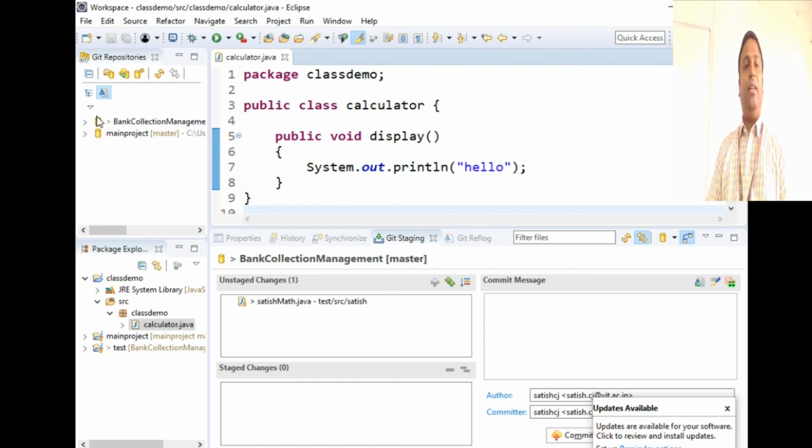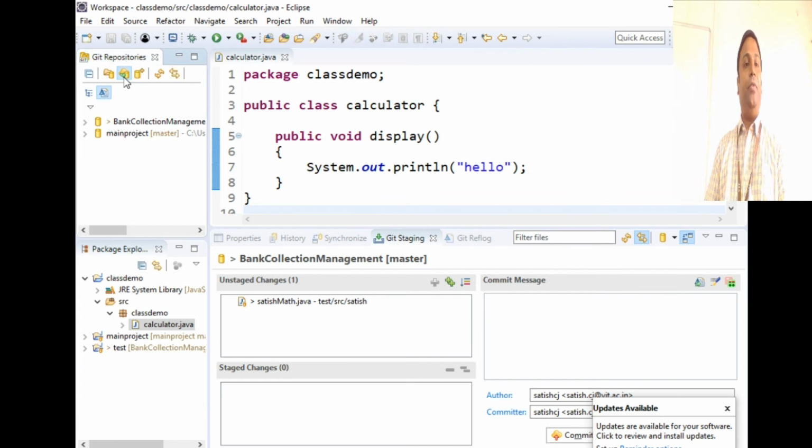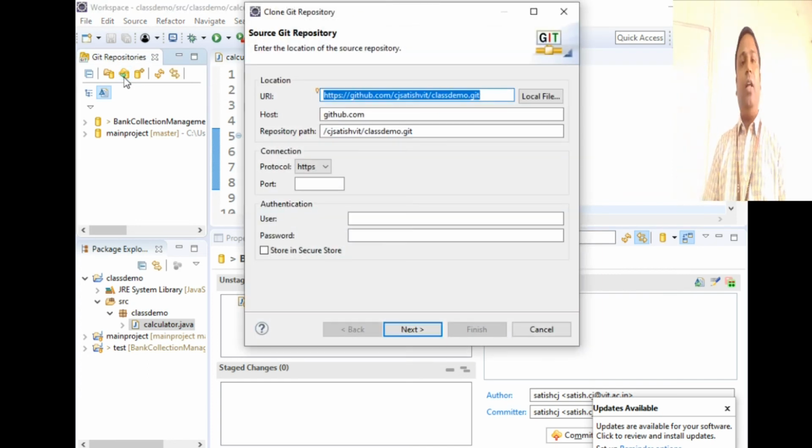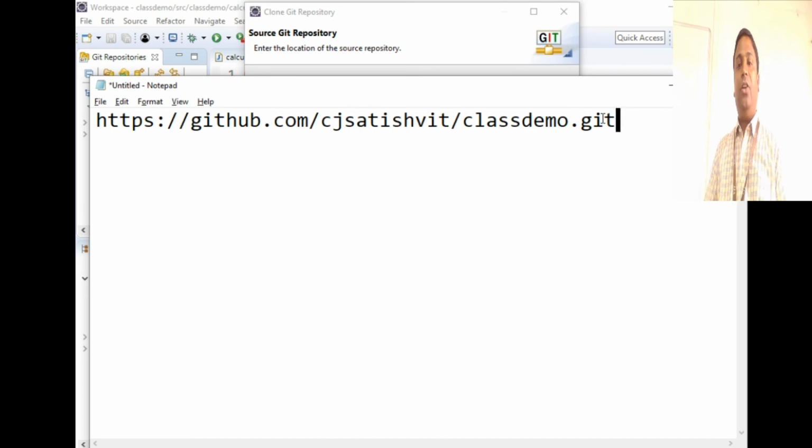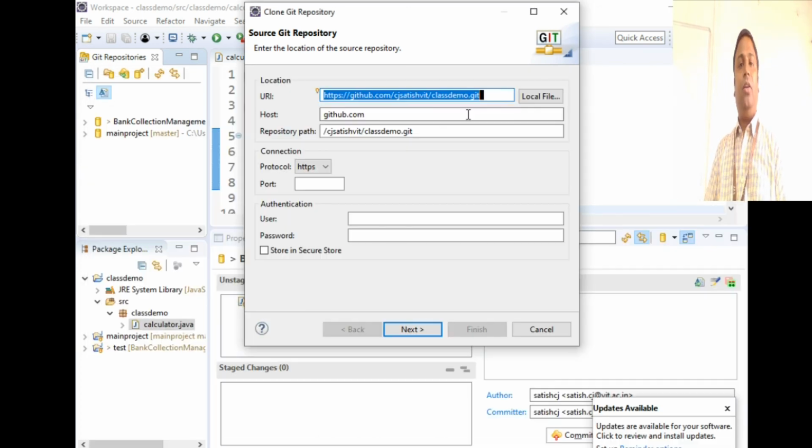So you're going to get all the Git repositories. This window will pop up. And then what you have to do is click on clone a Git repository. So you're going to clone it, like you're going to connect to the Git repository on the server. It asks you for the URL of where it needs to connect. Obviously I have shared the URL with you, so you can just go and connect to it. It's already there.